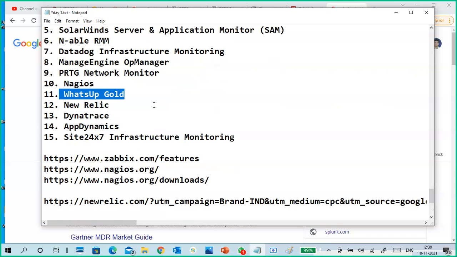WhatsUp Gold is an instant monitoring and alerting system. It is also very powerful.